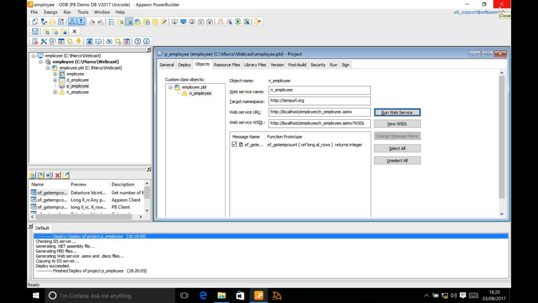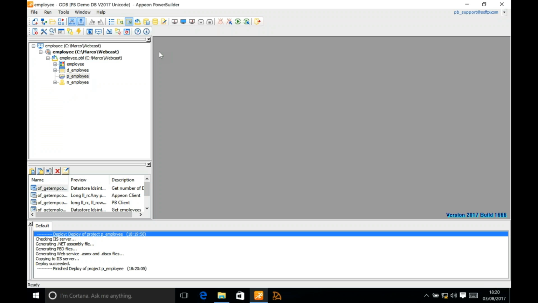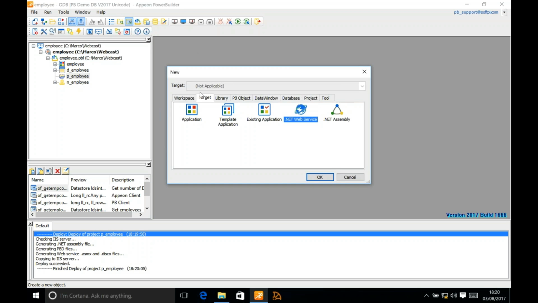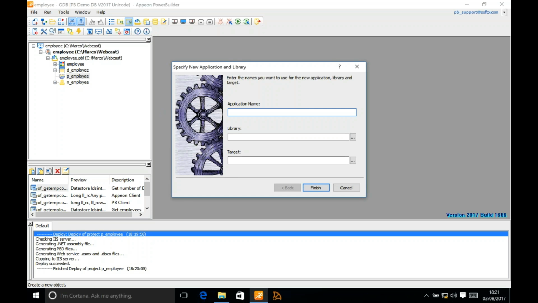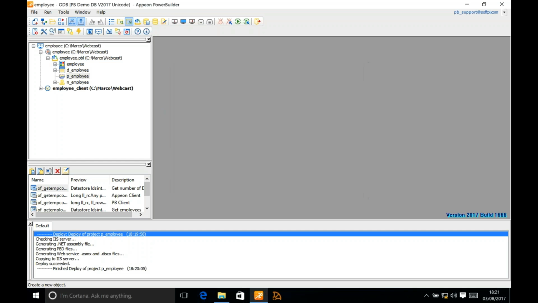Right, so let's consume the web service from a real PowerBuilder application. First of all, we create a standard PowerBuilder application. So we say new target application and say, I'm going to call it employee client. Right, that's my target. Second of all, do not forget to include the PB extension,